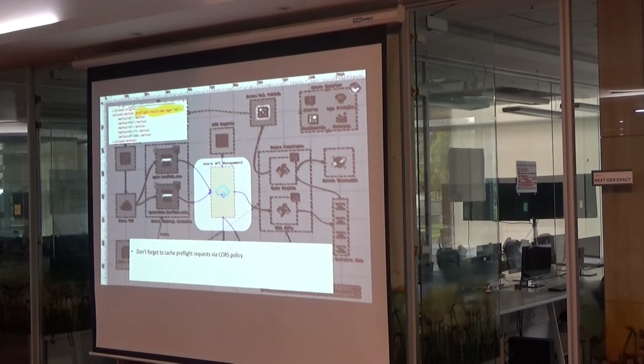So instead of sending multiple pre-flight requests, it uses the cached response, saying that in a window of 5 minutes, we've already validated the pre-flight request, so we don't need to do it all over again. We just use the cached response. It prevents the number of outbound calls. So this is better. We cache the pre-flight.